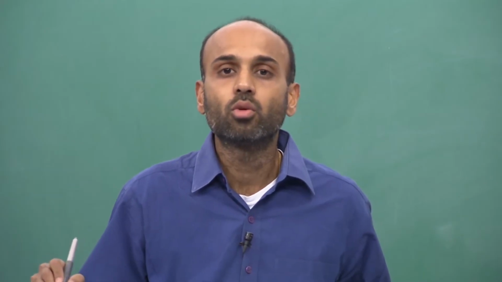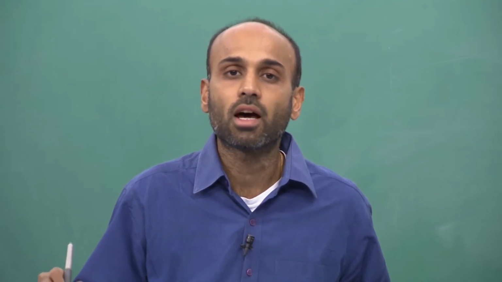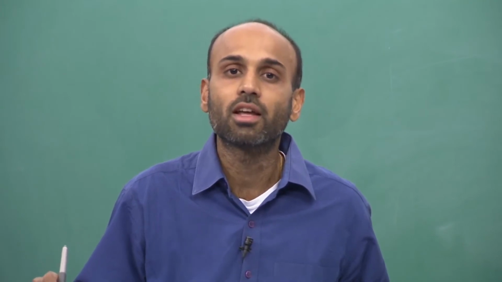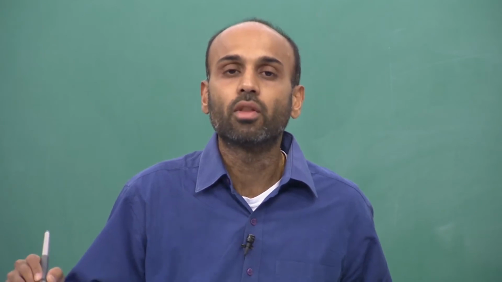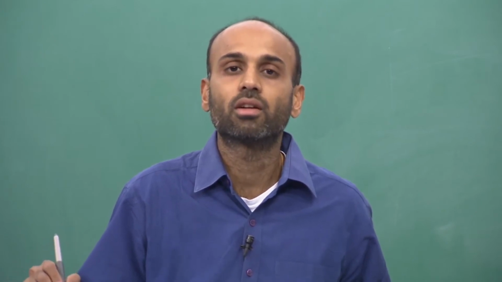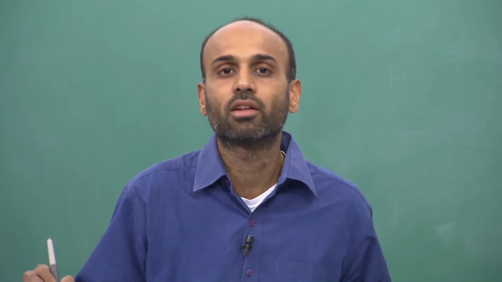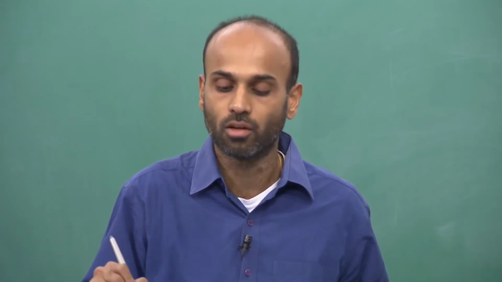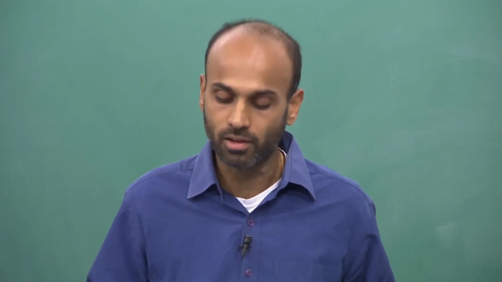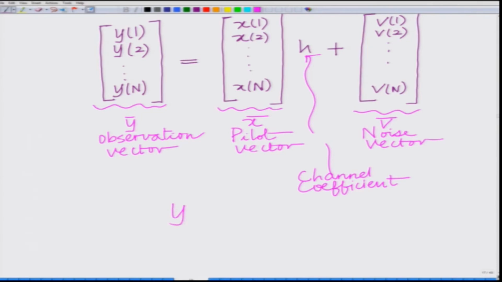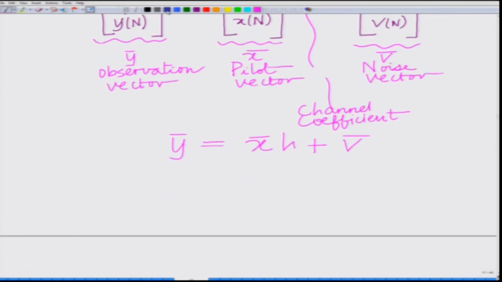Now, let us first start with the scenario where the channel coefficient h is a real quantity, and later we will see how the results can be modified for the scenario where the channel coefficient h is a complex quantity, that is known as a complex fading channel coefficient. So first let us start with the real scenario. Our system model is y bar equals x bar h plus v bar,